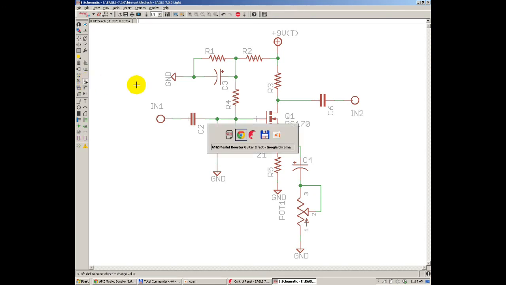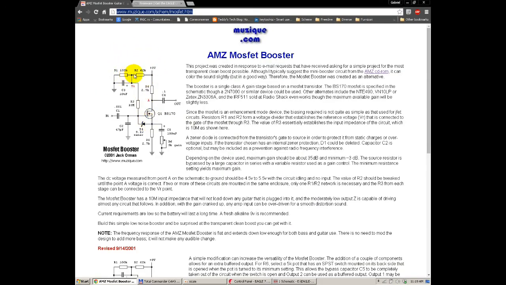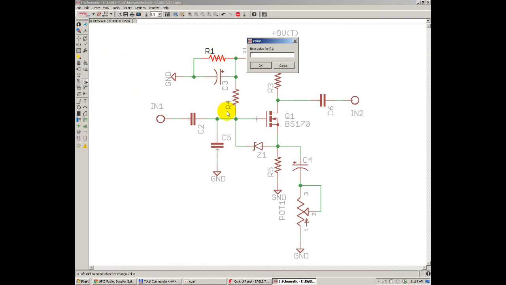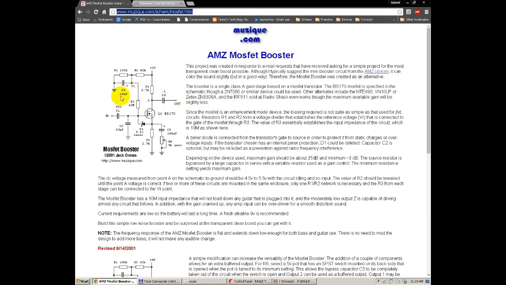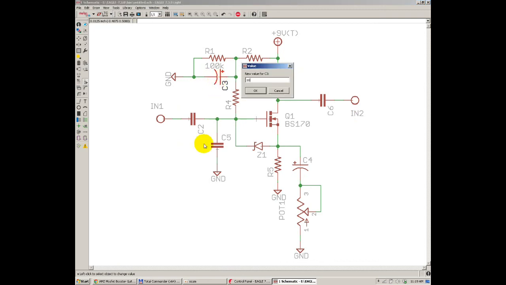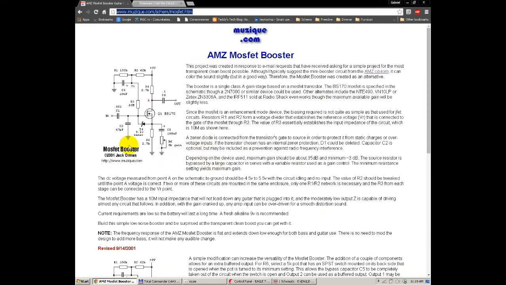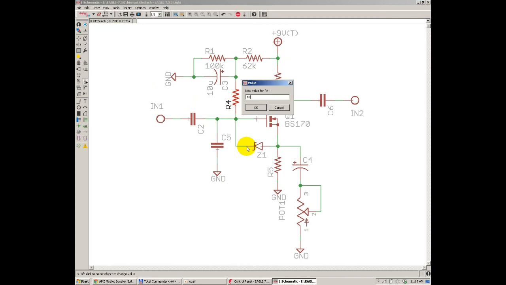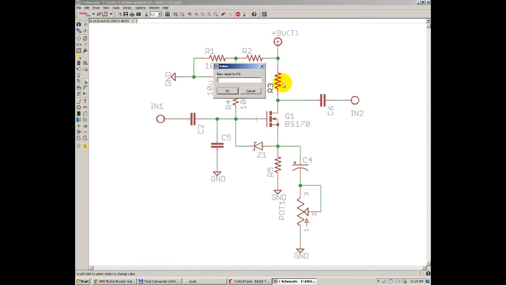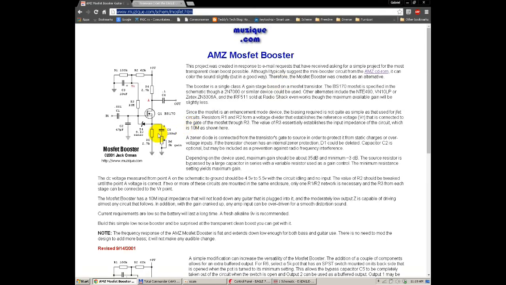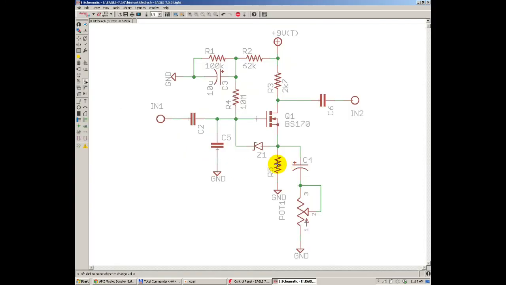So I'm using this, and start adding values. 100k, 62k, C3 it's 10 mic, R4 it's 10 meg, sorry, R4 it's 2k7, also R5 is 2k7,